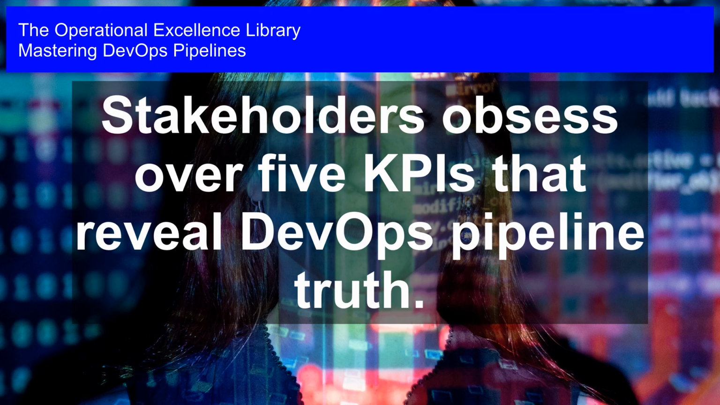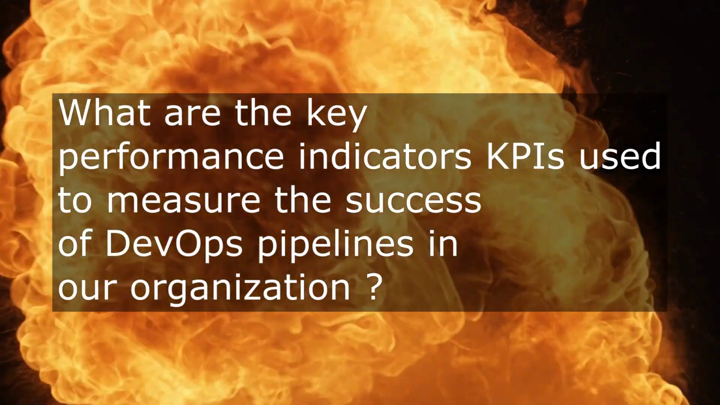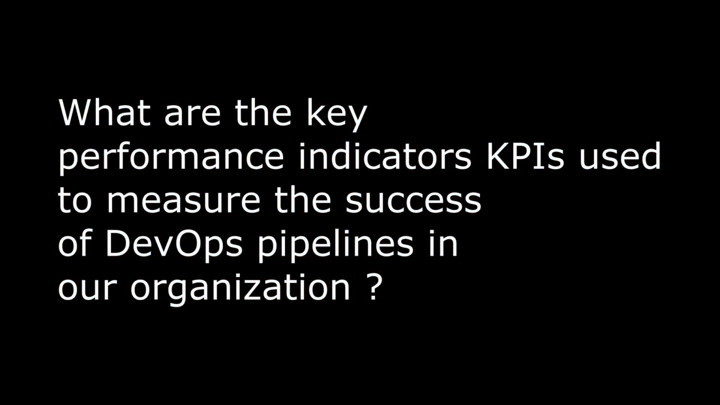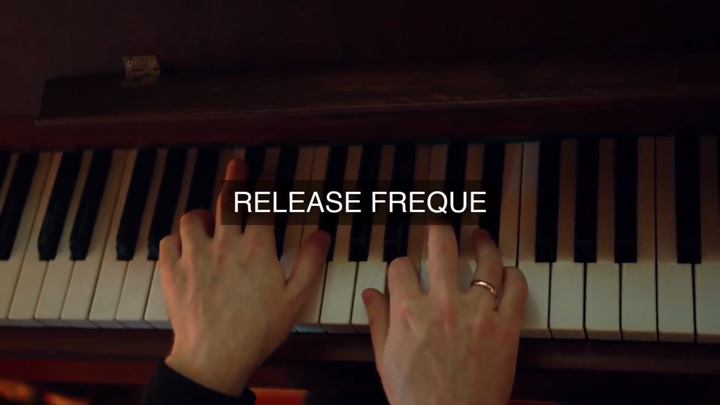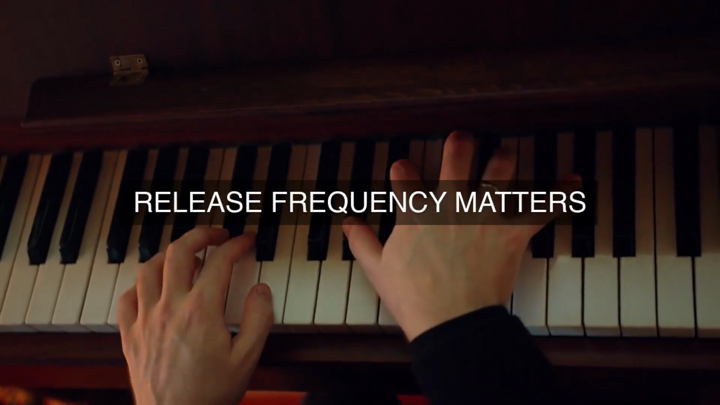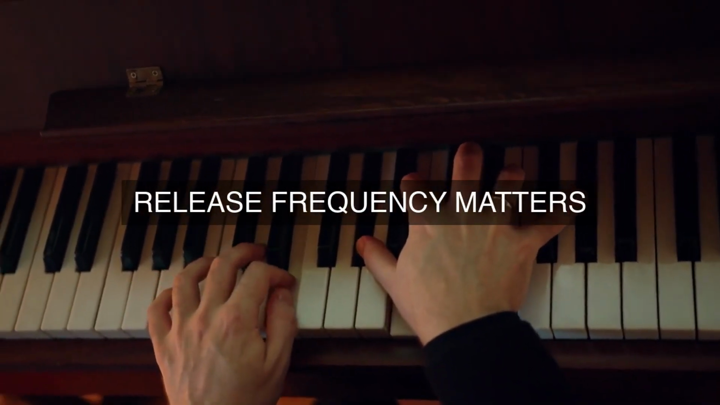Mastering DevOps Pipelines. Stakeholders obsess over 5 KPIs that reveal DevOps pipeline truth. When evaluating the effectiveness of our organization's DevOps pipelines, what are the key performance indicators, KPIs, that its stakeholders use to measure their success? Operational excellence in DevOps pipelines is a critical aspect of ensuring the smooth flow of software